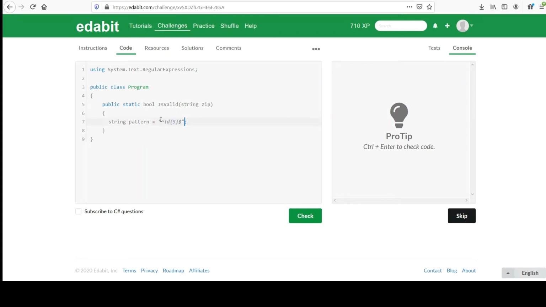And then you may also remember that we had to use this @ symbol with the string to say, hey, don't worry about these backslashes. You don't have to escape anything. Treat this entire string as a string literal. You don't have to worry about escaping at all. So that's why we put the @ symbol there. If you don't believe me, you can take that out and run it and see that it will try to escape characters and it will crash. Then we know we have this regex